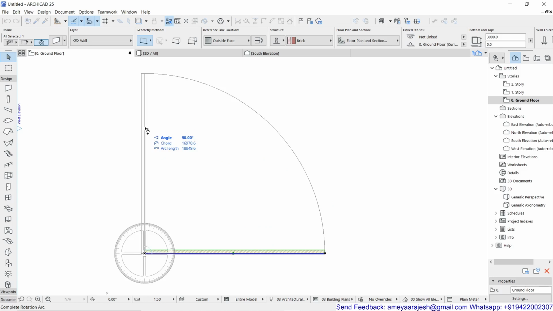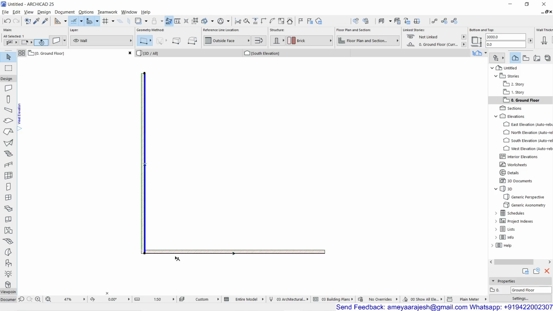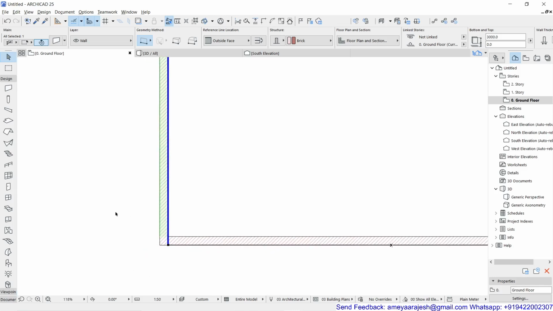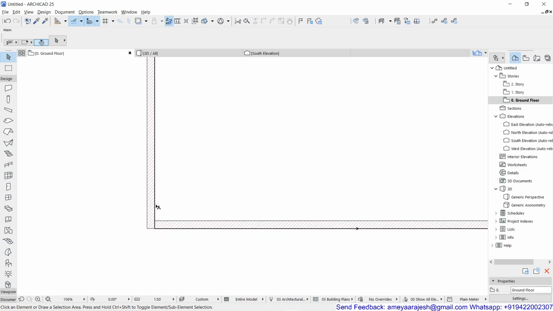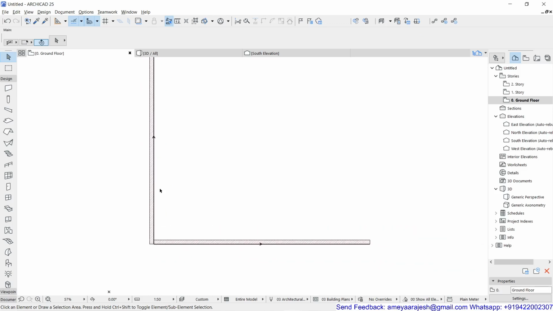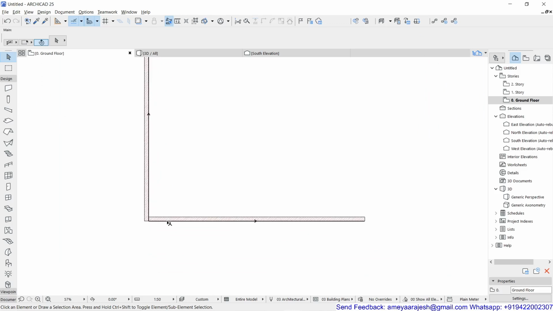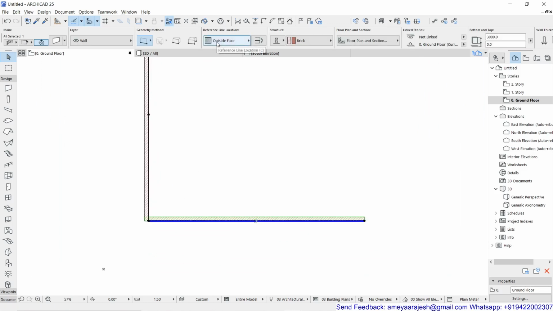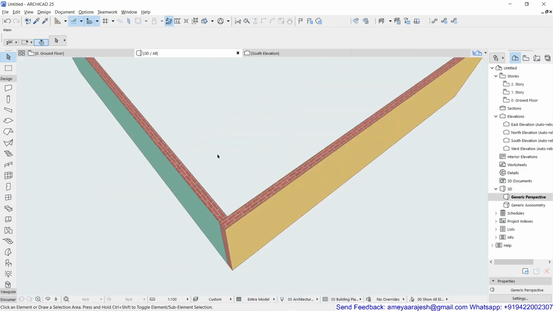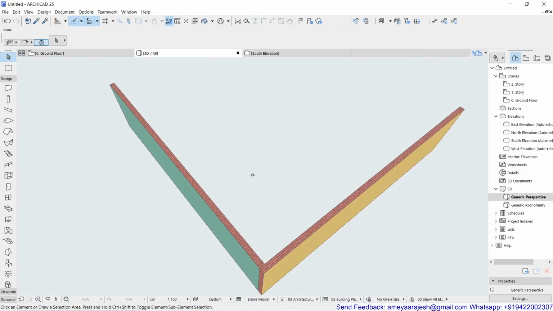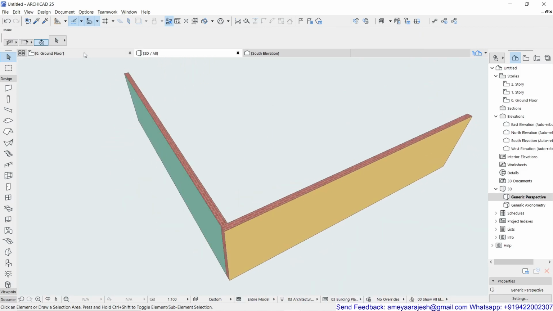I'm trying to show you something which is probably a sort of mistake you're going to make. If I complete this segment right now, see how the reference line and the orientation of the wall change. My reference line is supposed to be on the inside face. At present this wall's outside face and the reference line were flush with each other, and here now my outside face is actually coming inside the structure. So if I go back to the 3D window, you will see how this is working for you. Okay, so this is not actually recommended.